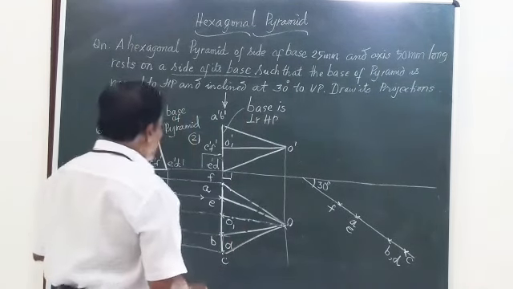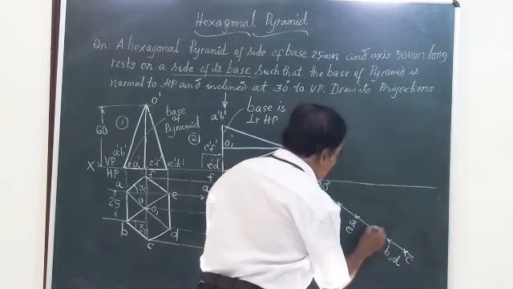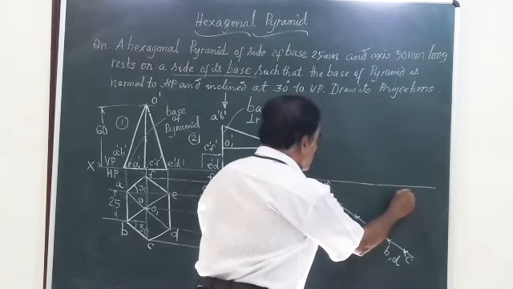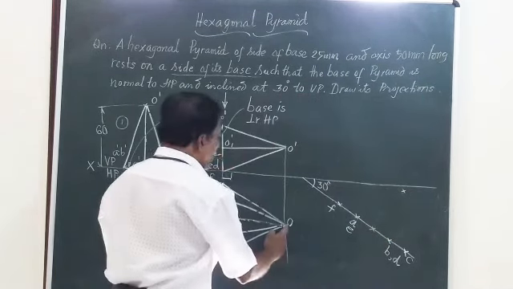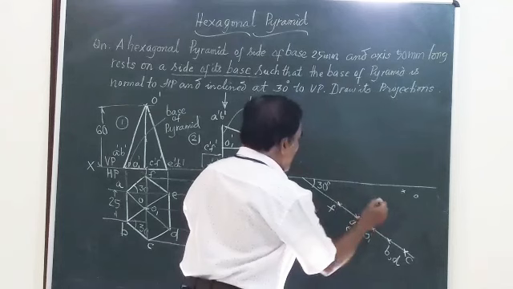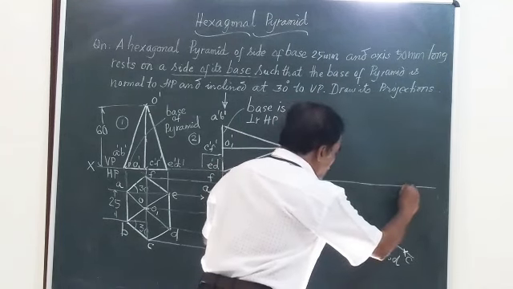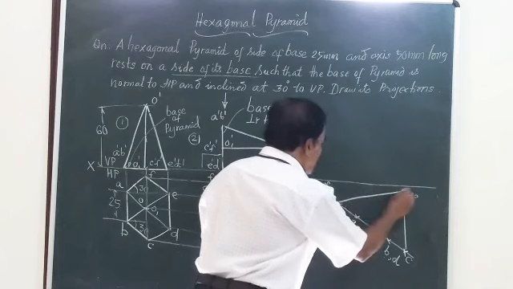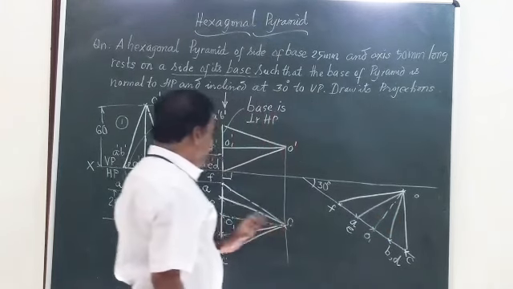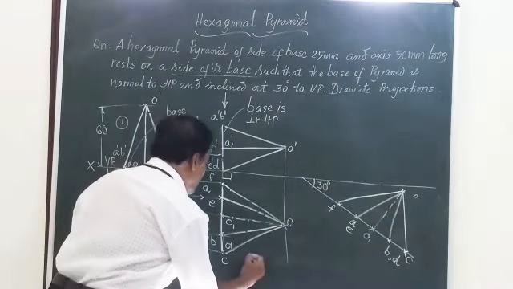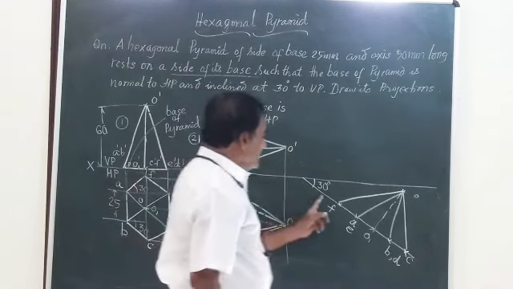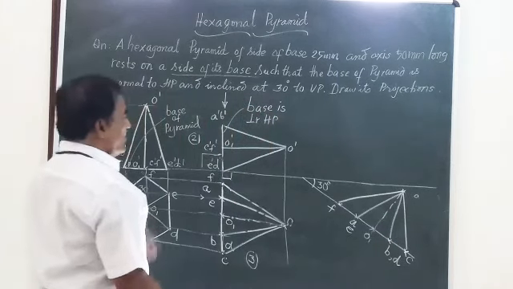So here I have to mark this axis exactly from the center of this. Take whatever height you have got there. So this height O1, this is O1 and this is O, say. So I am going to join O to C, O to F, O to D, O to B, and this is the axis. So whatever figure you have got here, which we call figure number 3, is redrawn here such that the base FC is at an angle of 30 degrees to VP.